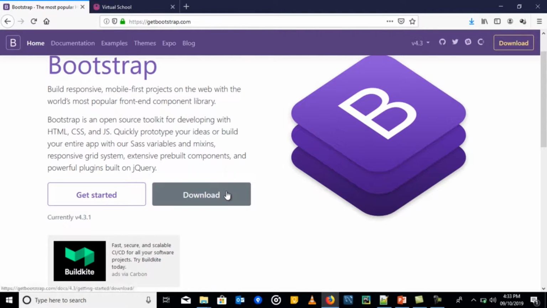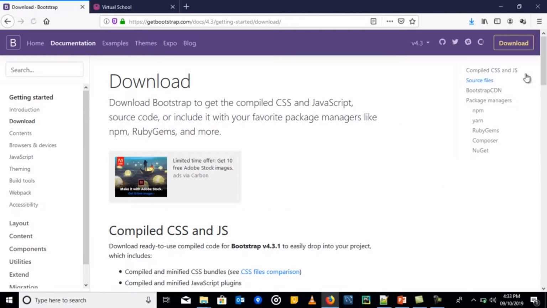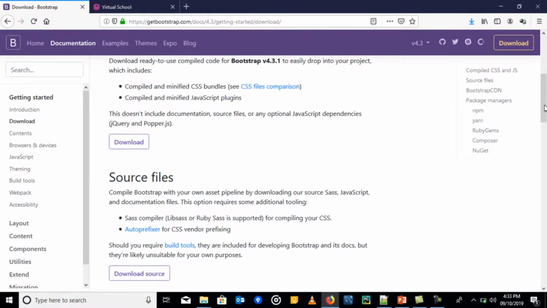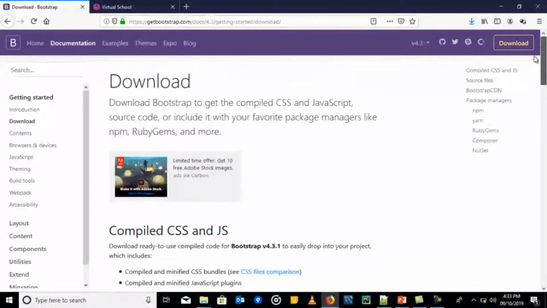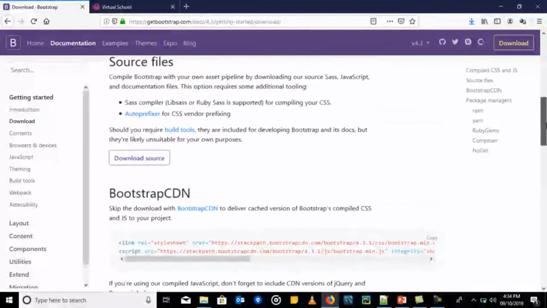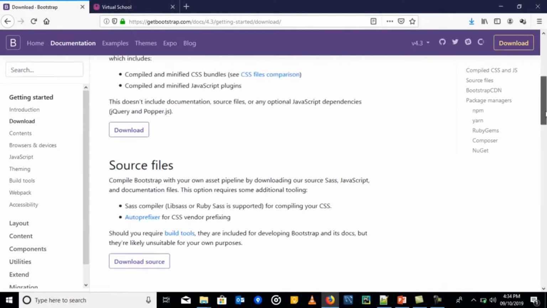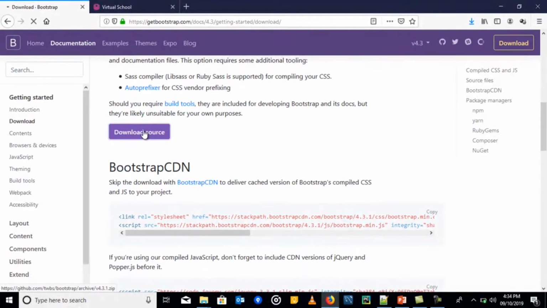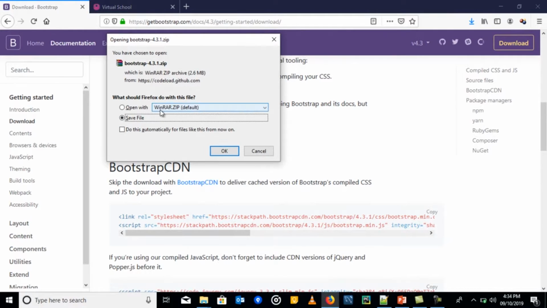So we need to download this Bootstrap. There are a number of options in the Bootstrap. Let's download the source files, not the compiled file. Okay, so you go ahead and save that file. I've already saved this file,